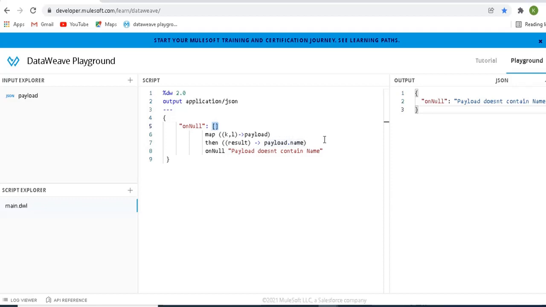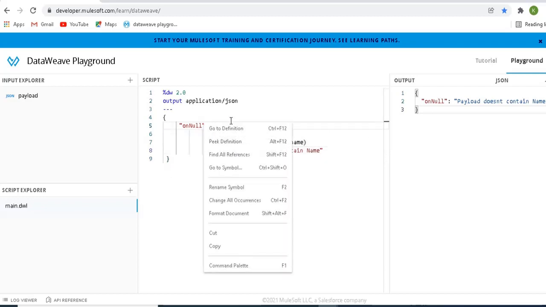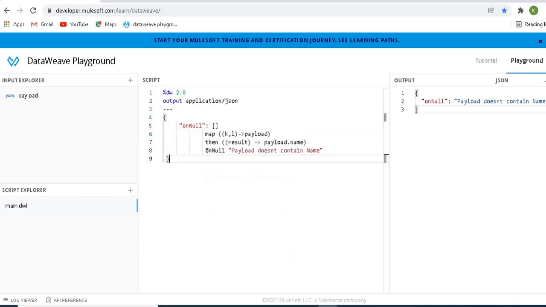See, expression type null, because the name attribute is not there, since we don't have any payload here. Obviously it is null, so in general you should get a null response.